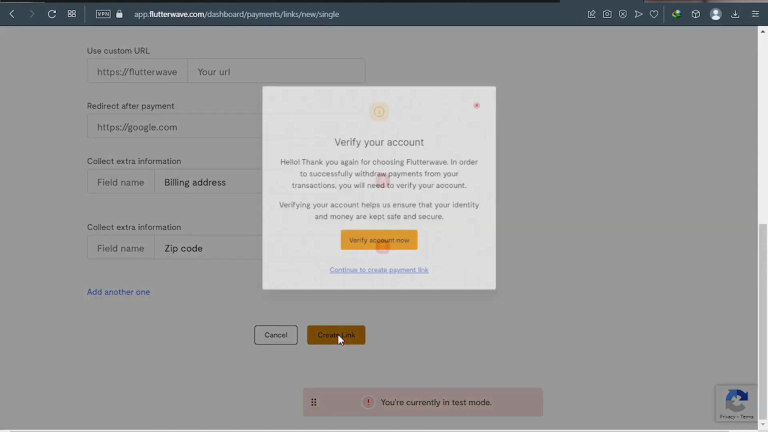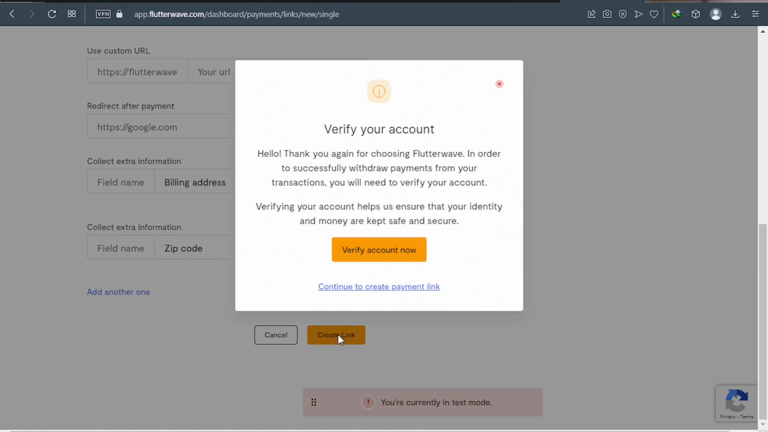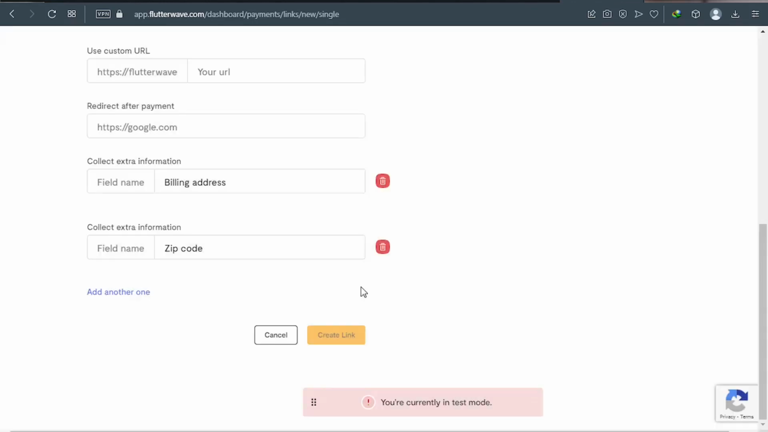This way the link will be created, but first they're asking me to verify my account, but this is a demo account, so they're still asking me to continue with the link creation. So I'll just click here to continue with the link creation, and this is for tutorial purposes. I'm not going to be using this link anyway. Okay,